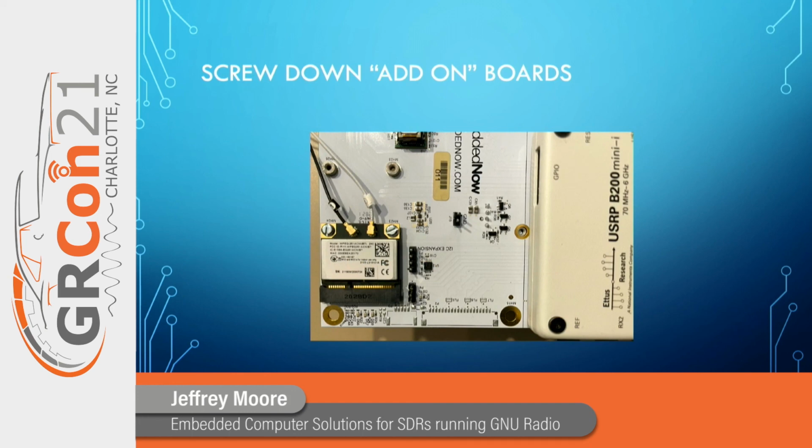One small example of how to help this vibration proof is, for example, screw down these little add-in boards. This is a little mini PCIe card for Wi-Fi. And in most laptop and consumer environments there are little clips. You push that in, you clip it in. That's not sufficient in embedded environments, so we provide little studs and screw it down.